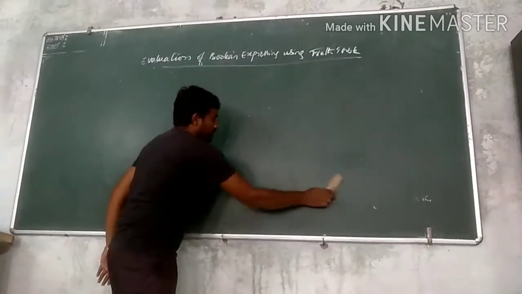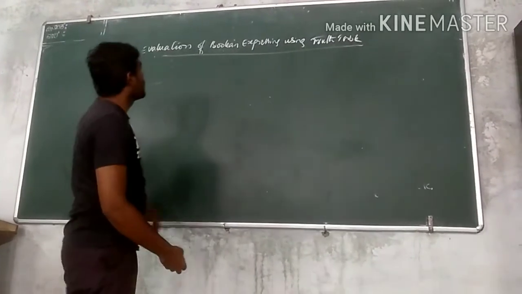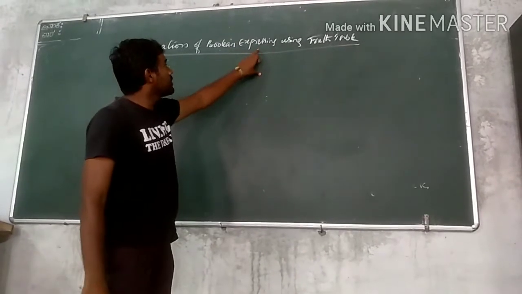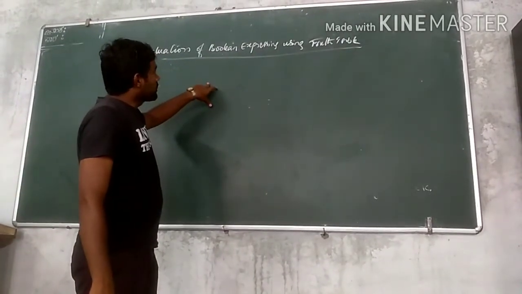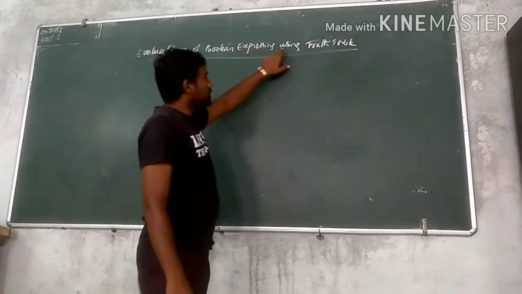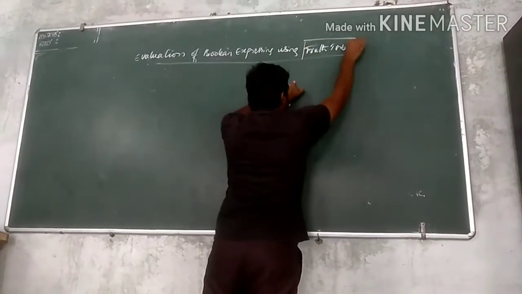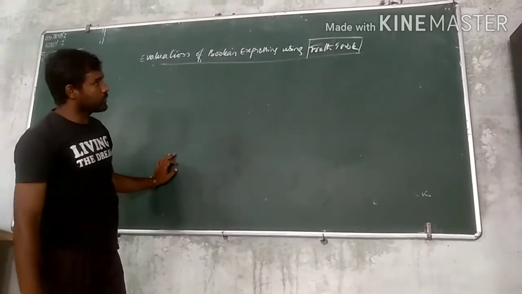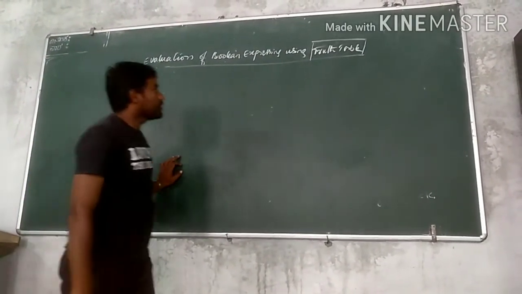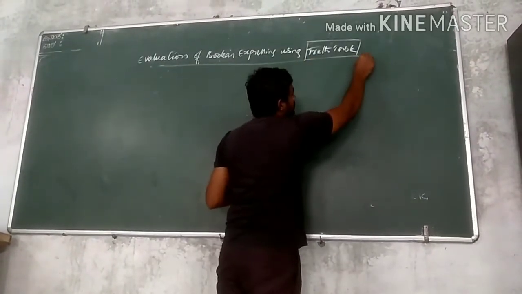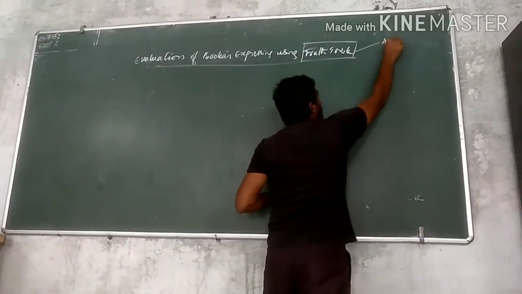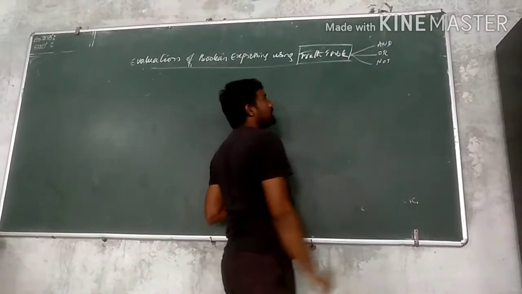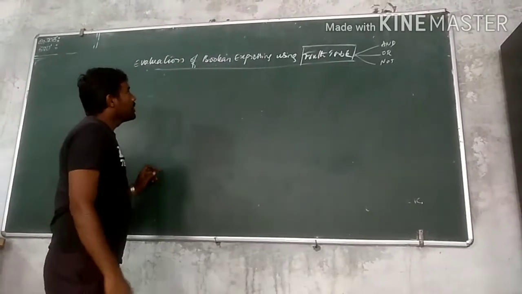Here we need to evaluate how exactly a Boolean expression is going to be solved, how we can solve Boolean expressions using a truth table. You should concentrate on that. In examination, they may directly ask you to evaluate a Boolean expression using the truth table. So you need to solve the problem using the truth table, in the sense we need to use AND, OR, as well as NOT. So by taking these three truth tables, we are going to solve the Boolean expressions.